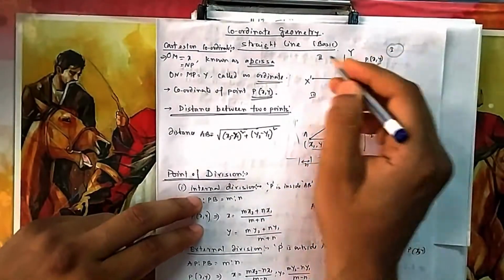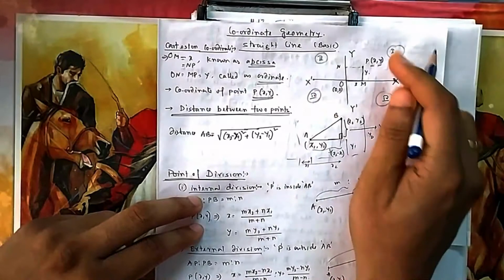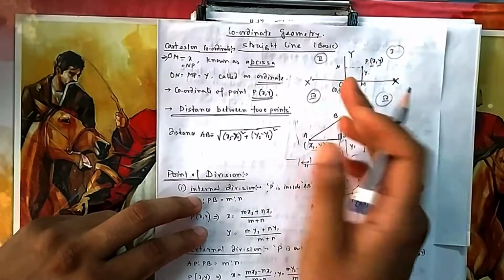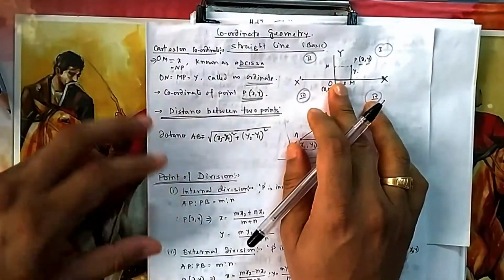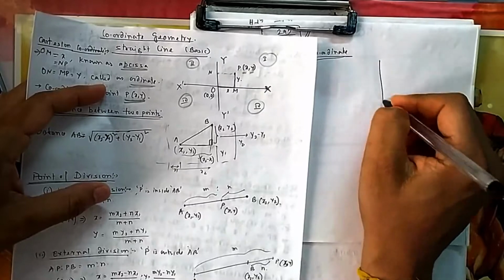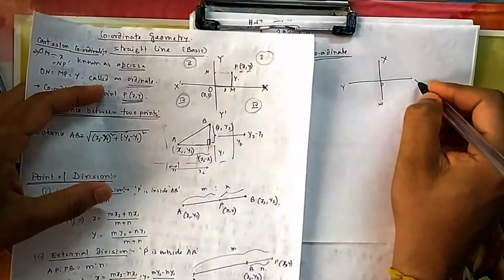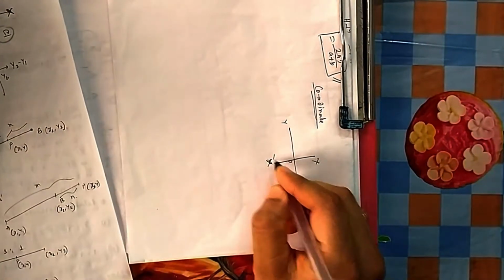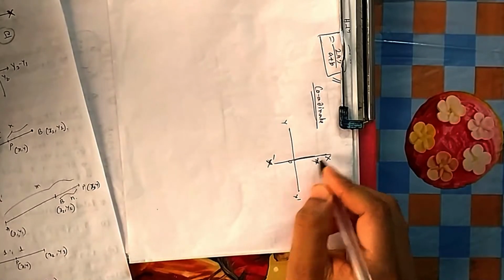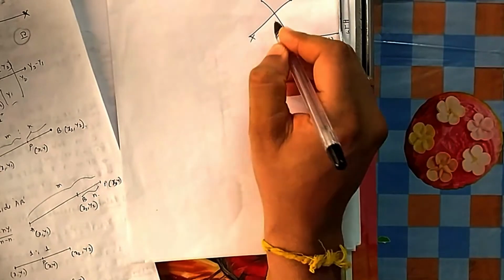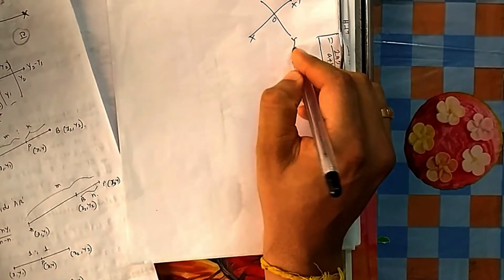There are 4 quadrants. You can see this plane is divided into 4 quadrants, 1, 2, 3, 4. And you can take the x and y dimensions in any way. Suppose someone takes this as x, this as y, this as x o x dash, this as y o y dash. That means he is looking at the curve in this direction. So this is not fixed, you can change the axis at any time. Someone can look in this direction, someone can look in this direction also. This is x o x dash and this is y o y dash.